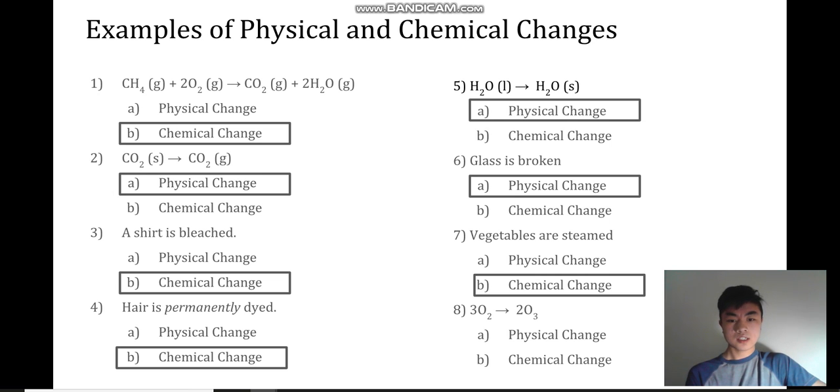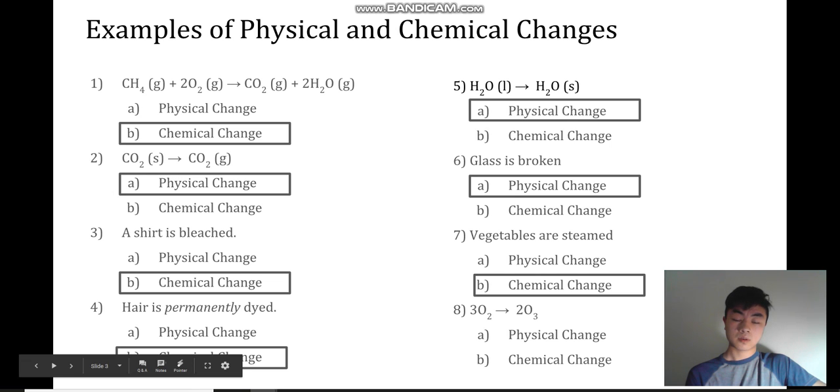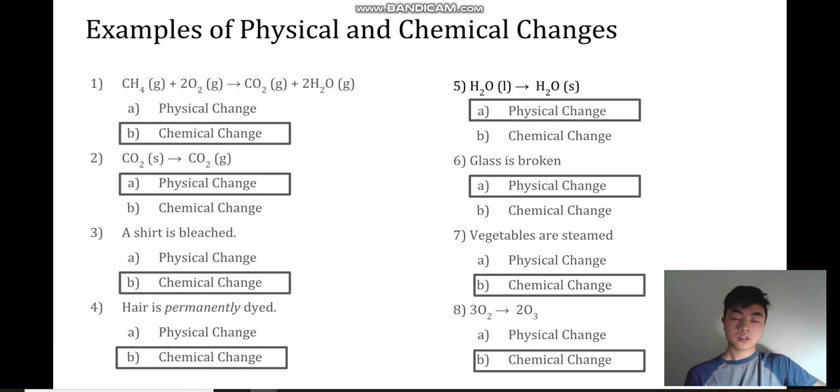The eighth one is a little tricky. This is just going to be oxygen transforming into the chemical formula for the ozone layer. And so this is going to be a chemical change simply because you are able to breathe in oxygen. You know, that's one of its properties. But with the ozone layer, you can't really breathe in the ozone layer. It's only there